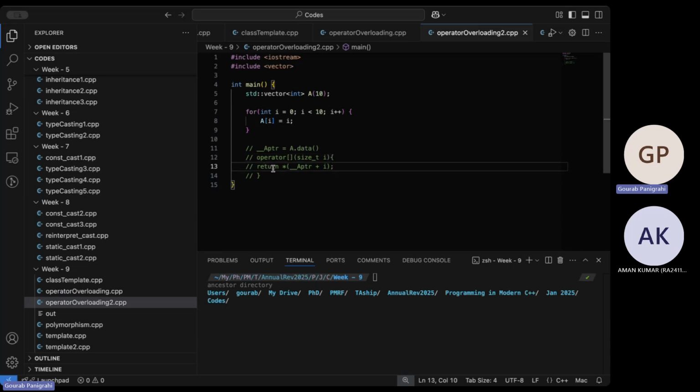It is a return of dereferencing the pointer plus I. So we do the pointer arithmetic, shift the pointer by I units, whatever the input we are giving, then dereference the data and return it. Our shorthand representation is essentially this. Instead of doing pointer arithmetic and then dereferencing, there's a simple way of writing things.